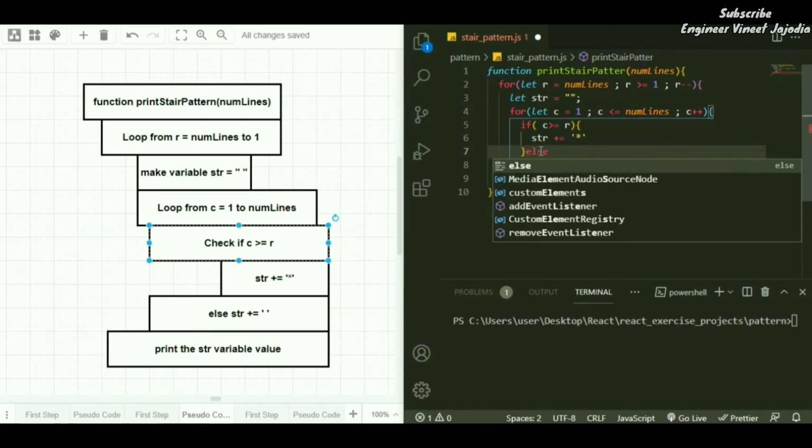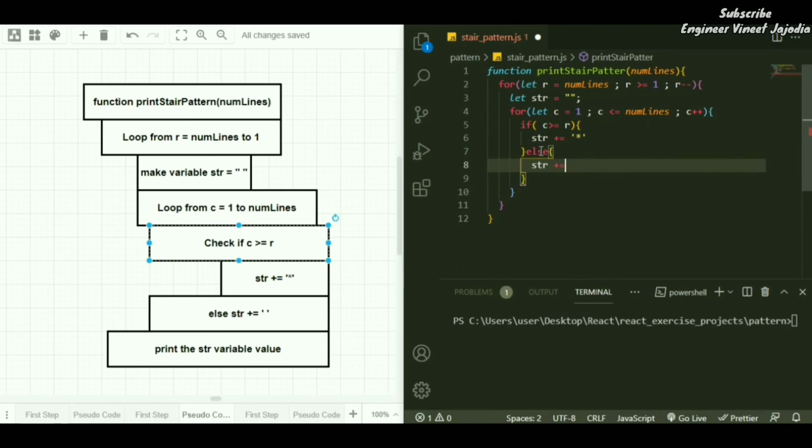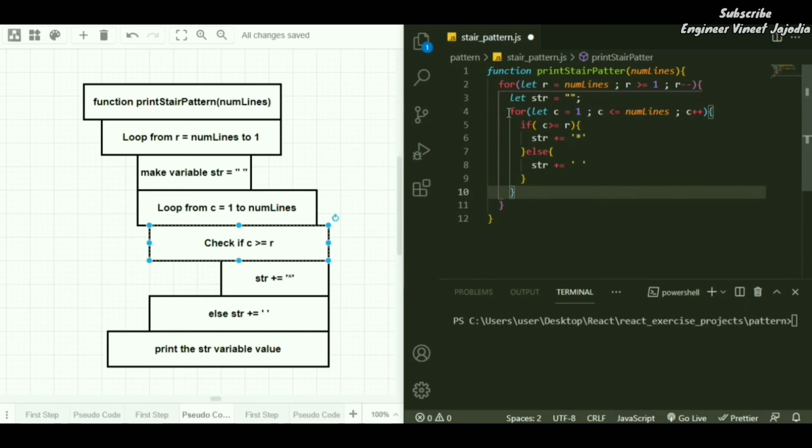Else, if this is not the case, then str concatenate with empty string. At the last, we have to print the value of string variable. So once the loop for column is over, then after that we are going to print the value of string variable str.